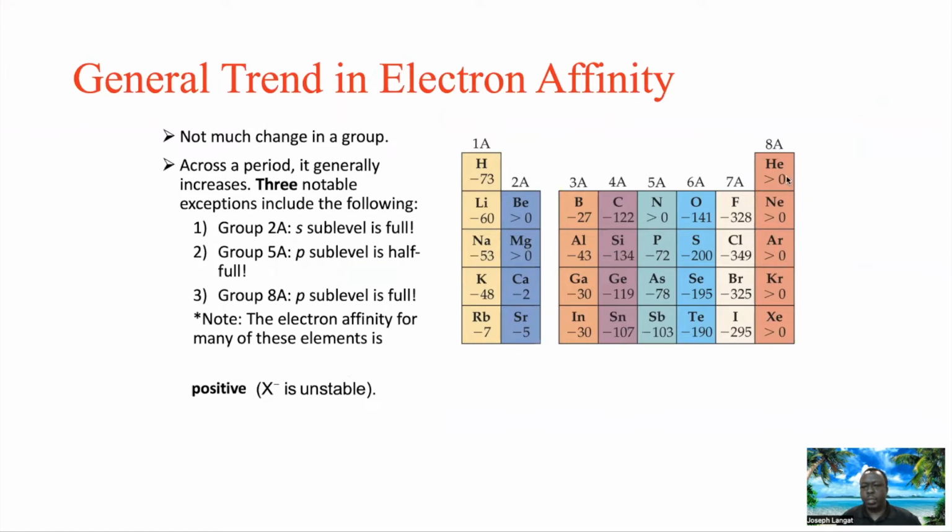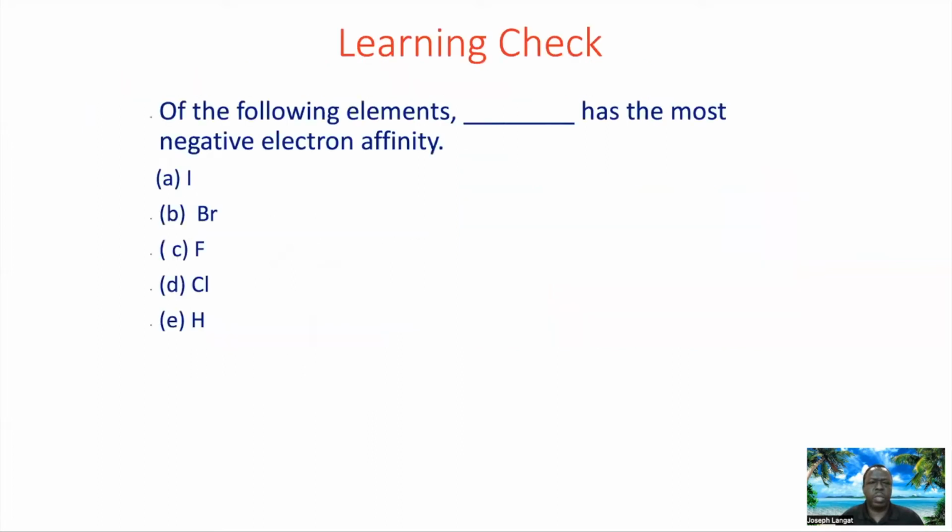For group 8, pay attention, the value is greater than 0, which means they are positive. In group 8A, the p sublevel is full. There are p6, which means they have 6 electrons, and therefore their electron affinities are always greater than 0. This is a typical question